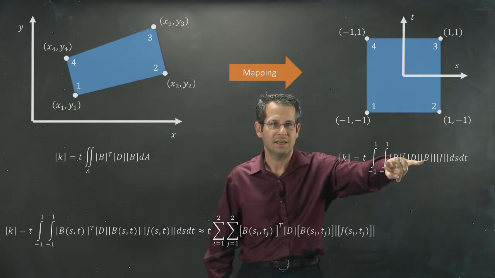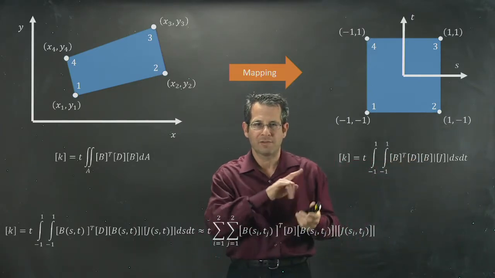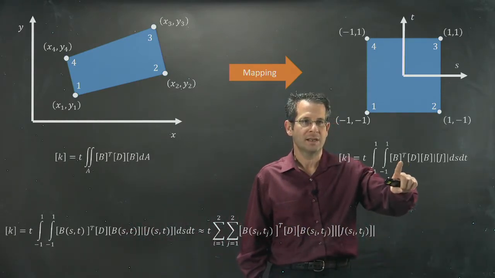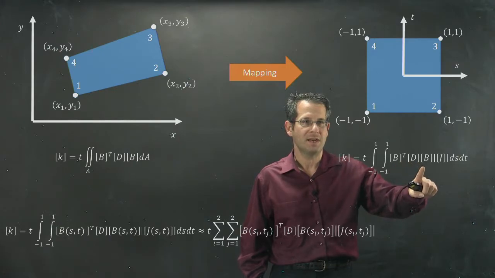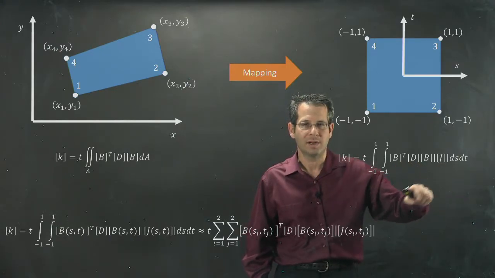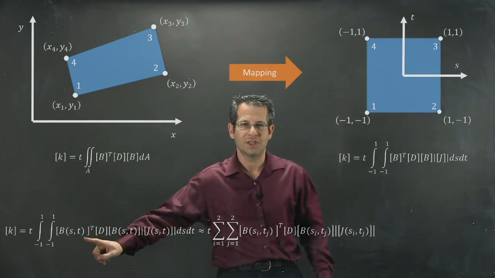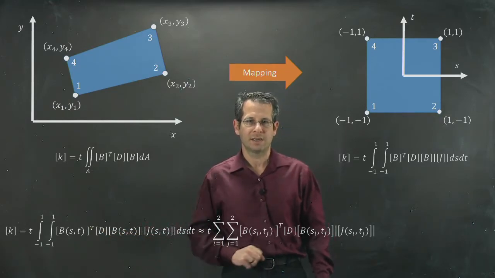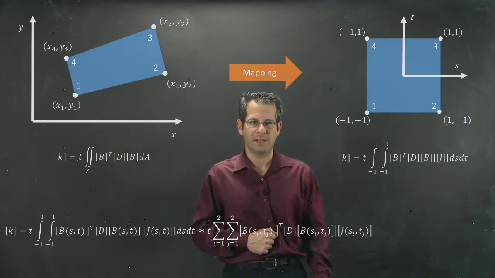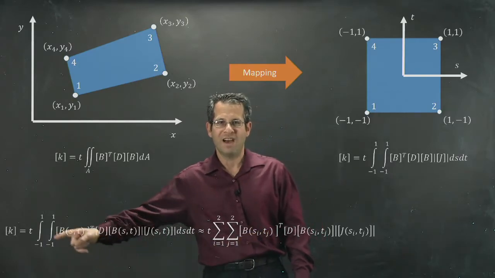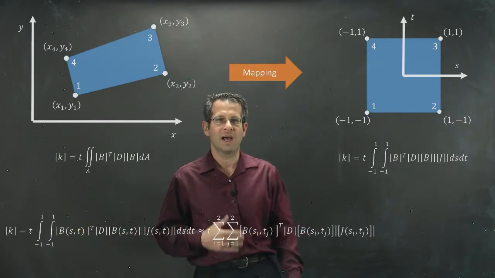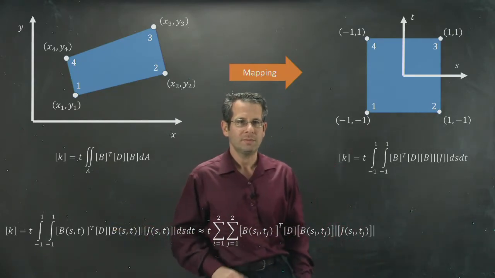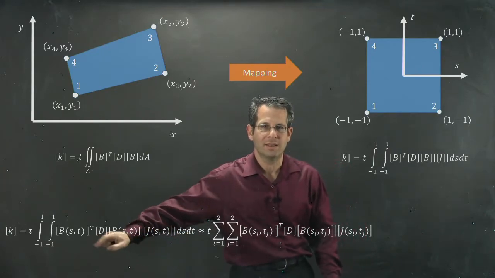Here I've taken this double integral and rewritten it. I've just made it a little bit more clear that the B matrix, the transpose of the B matrix, and the determinant of my Jacobian are all functions of S and T. And every member of these various matrices will be a polynomial in terms of S and T. Evaluating this integral would be rather difficult for us as human beings. It would also be more difficult for a computer. But I can approximate this integral